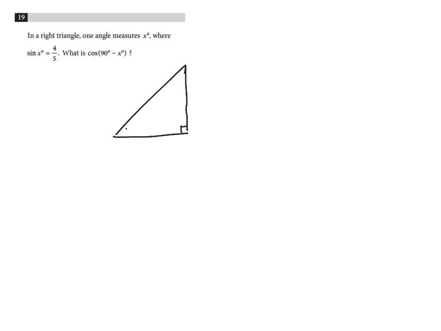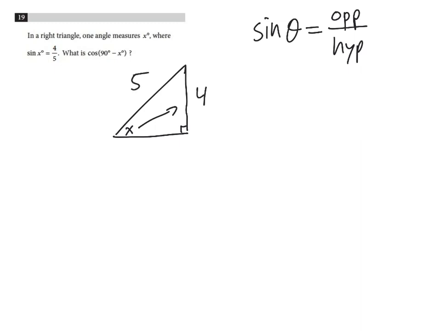Got a right triangle, let's call this x. Alright, and it says that sine of x is 4/5. Well, sine of an angle equals opposite over hypotenuse. So opposite is going to be that side, that's going to be 4, and the hypotenuse must be 5. Okay, well,